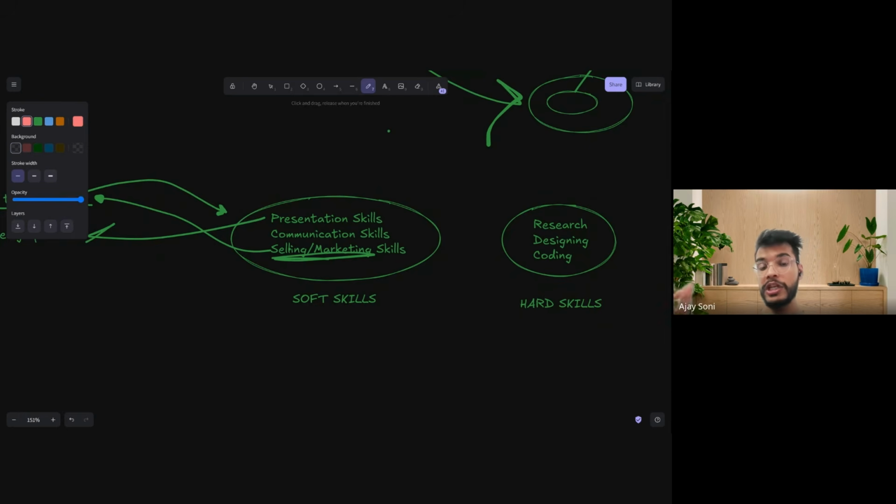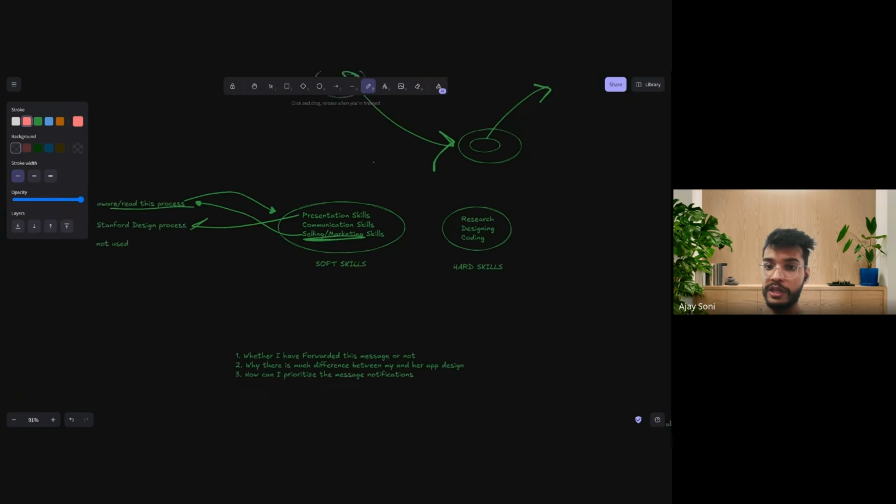And you have to sell your designs and present your design in a way so that a designer, a developer, a manager, an HR, or a recruiter all should be able to understand what you are trying to present, what you are trying to pitch, right? So yes, a lot of things we talked about the communication skills and presentation skills, right?